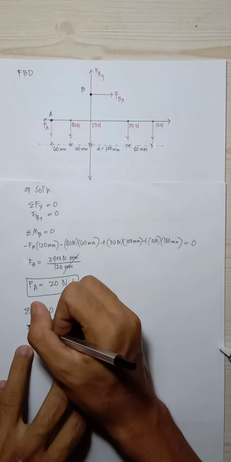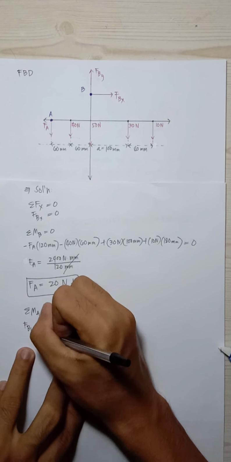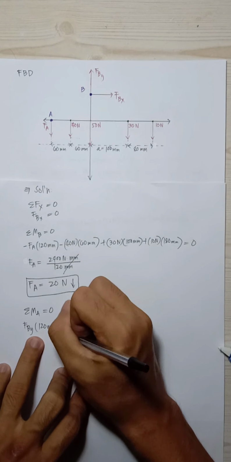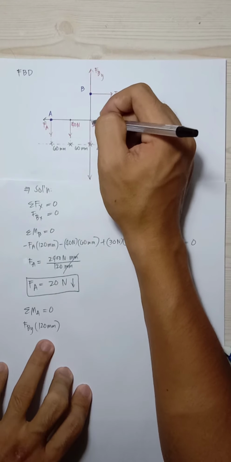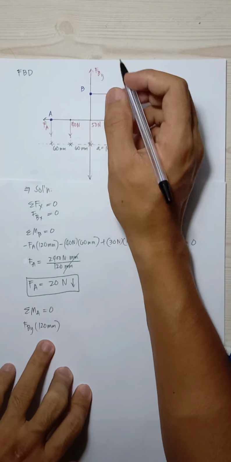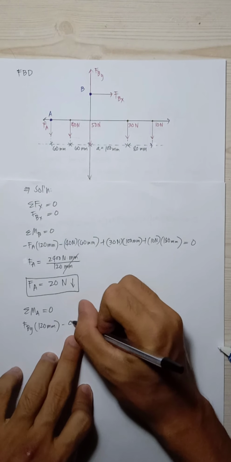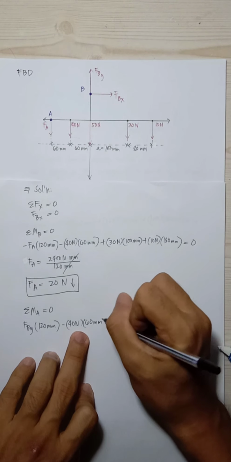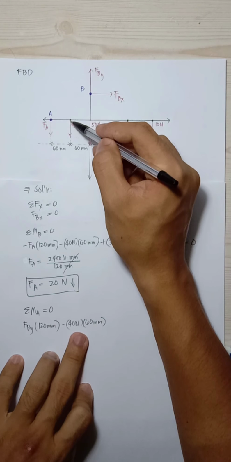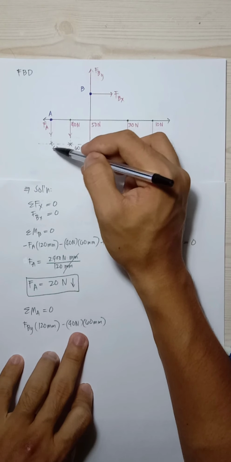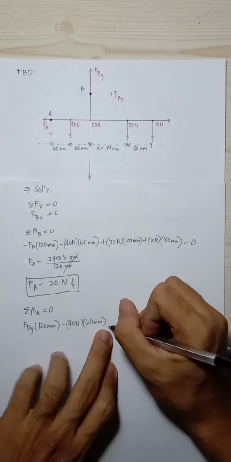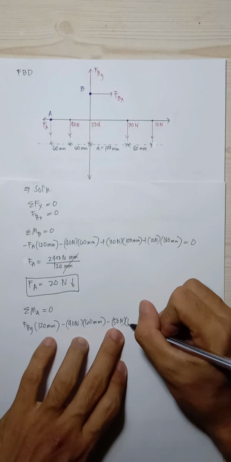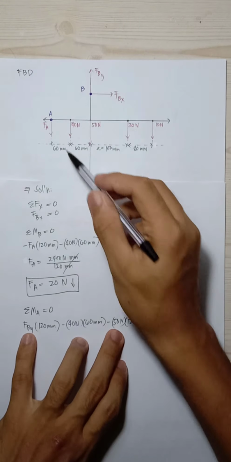So we have the force in point B along the y direction times 120 millimeters, since 60 plus 60 is 120, minus 40 Newton times 60 millimeters, since the 40 Newton is 60 millimeters from point A, minus 50 Newton times 120, it is given here in the free body diagram,